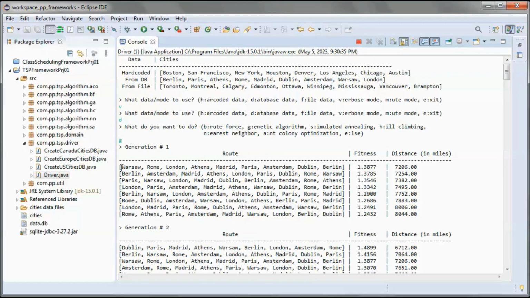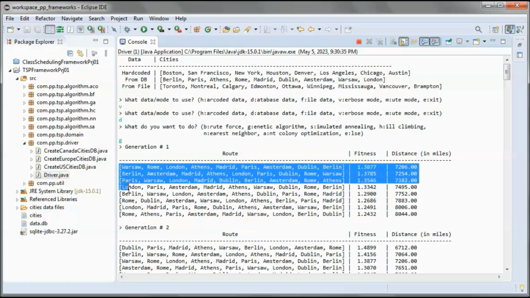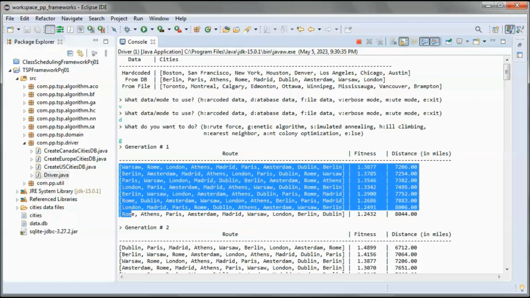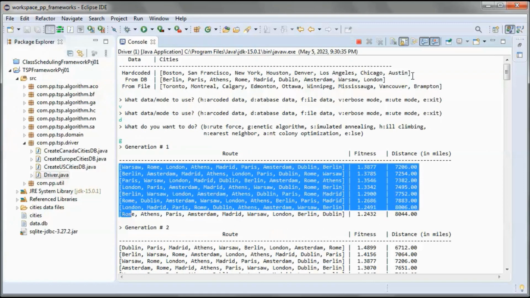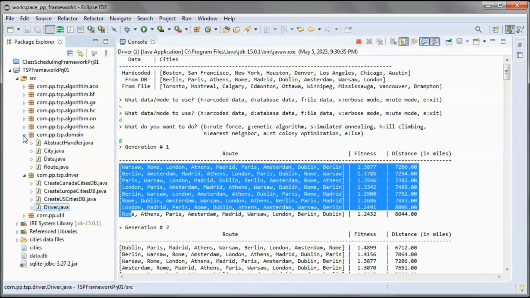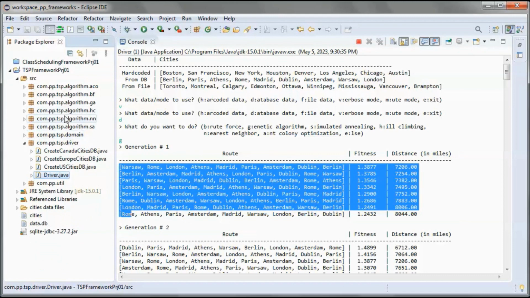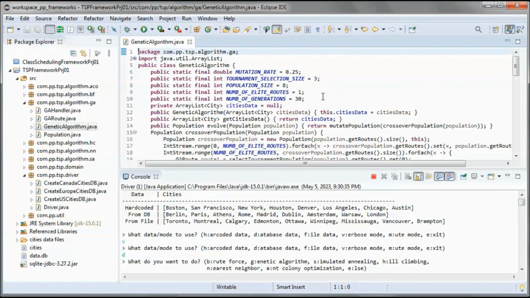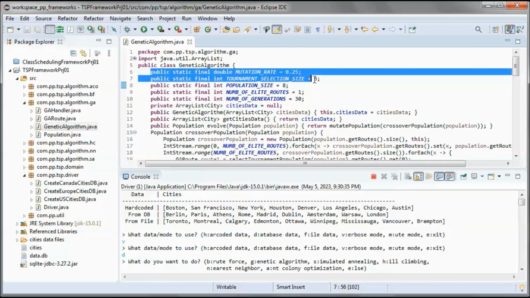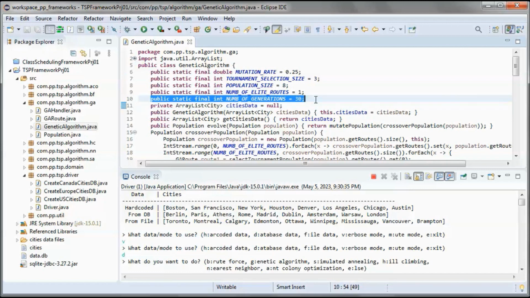And each generation has 8 routes, and we specify that here, so the population size, and we specify other things here, that we are doing 30 generations.